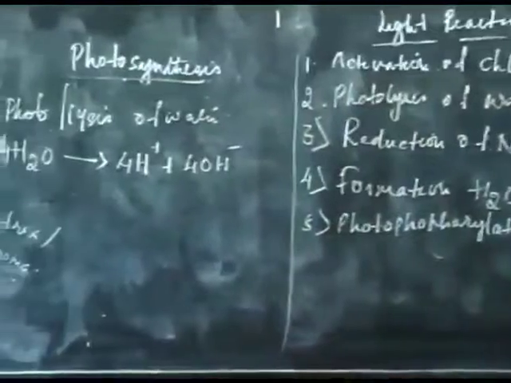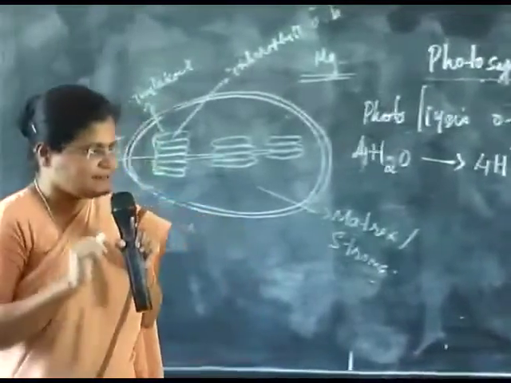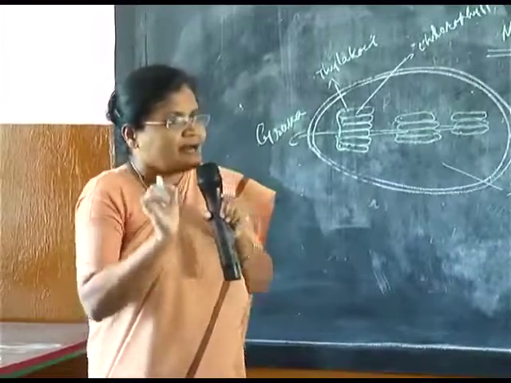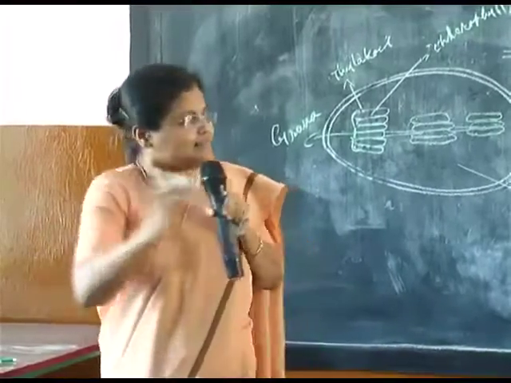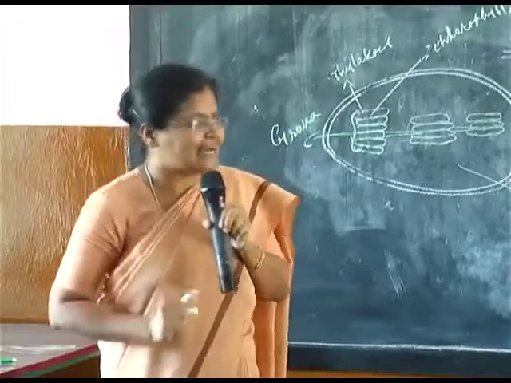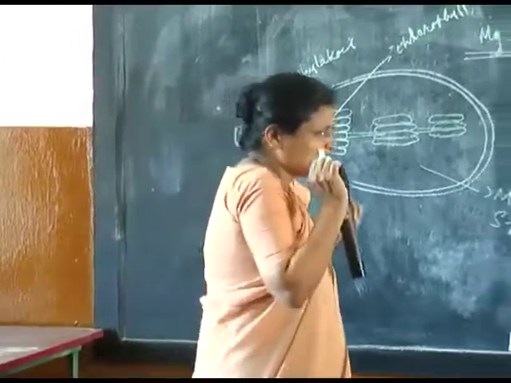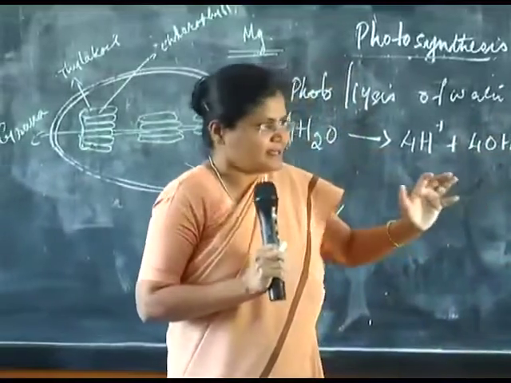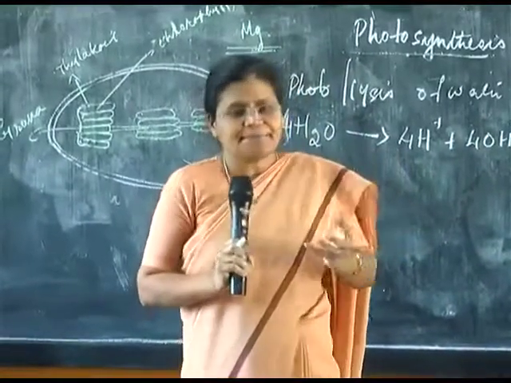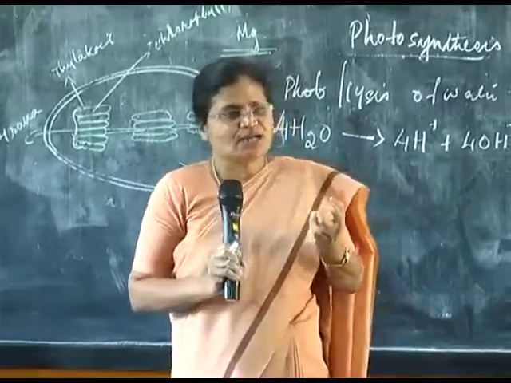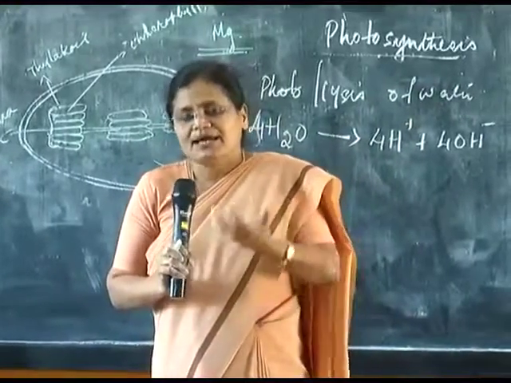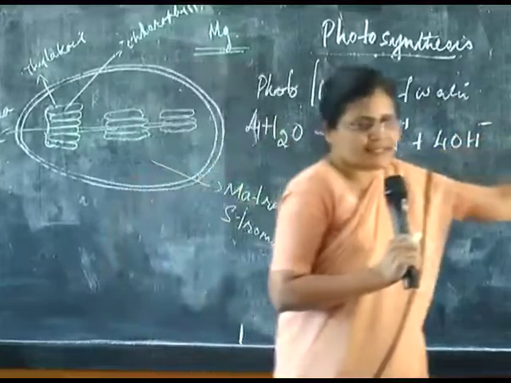Now, in the chemistry class you must have learned, your teacher must have taught you, that the addition of oxygen is called oxidation, and the removal of oxygen or the addition of hydrogen is called a reduction reaction. Now, in the chloroplast, there is a compound called NADP, which has the capacity to absorb and utilize the solar energy and get converted into an energy-rich compound called NADPH2.